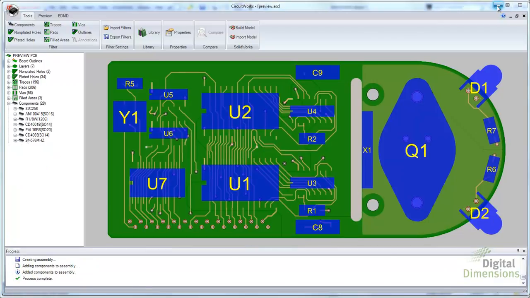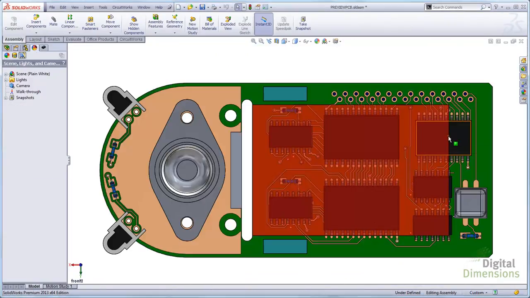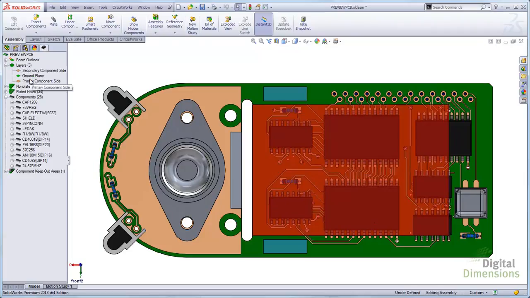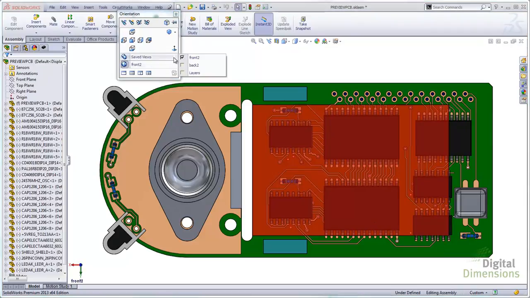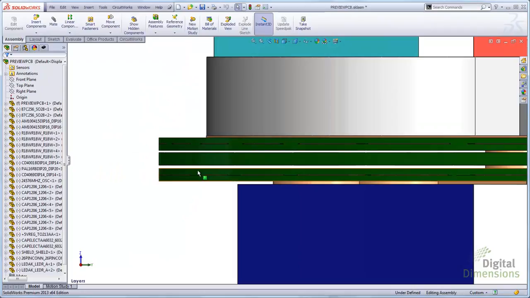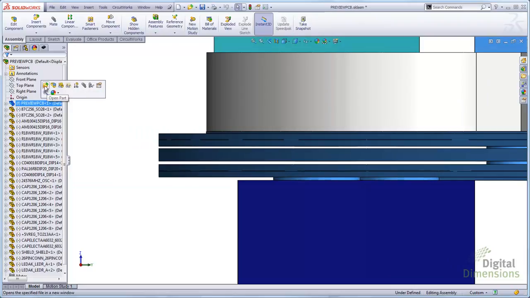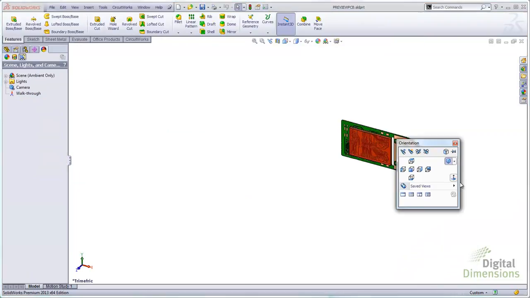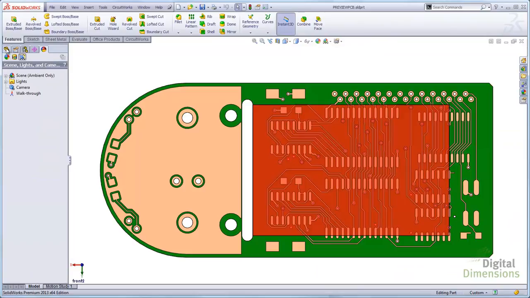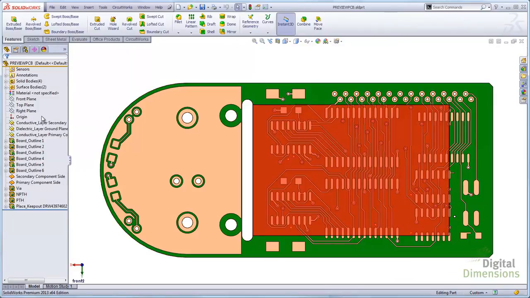Now CircuitWorks built the assembly. And again, we can see most of the information looks the same here. What you will notice is that when I do go to the layers here, there's only 3 layers that show in the CircuitWorks tab. Now you see there's a little bit less of the layer information showing on this view. And I'll open up this part, the PCB board part, in its own window. And again, all the same information came over, except now instead of having 7 different planes, it now has 3